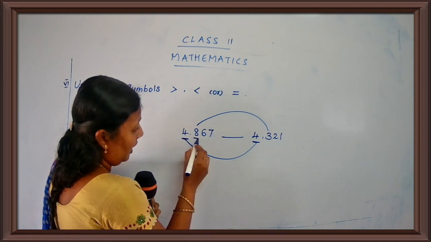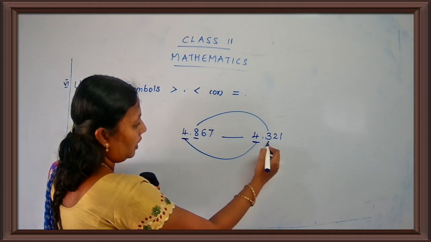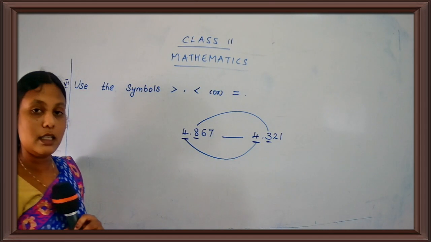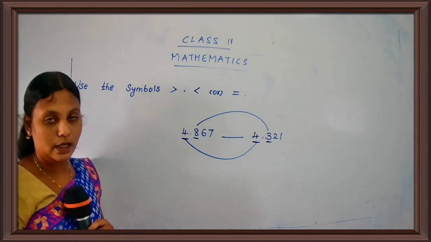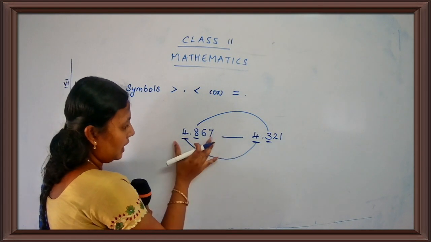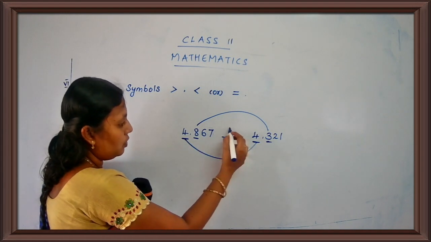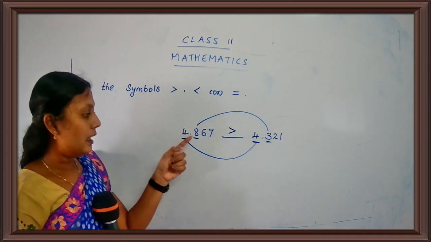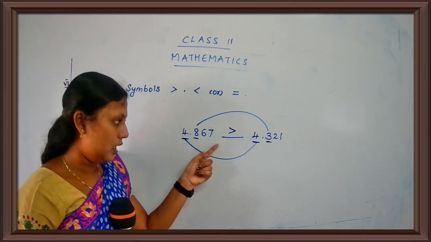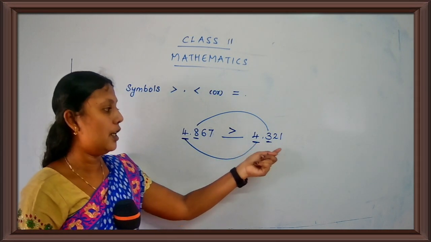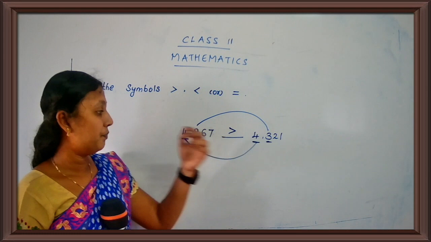How many 100s? 800. Here how many 100s? 300. Is 800 the greater number or is 300 the greater number? 800 is the greater number. Okay, so which symbol? The left side number is the biggest number, so we have to use greater than. How do you read this one? 4867 is greater than 4321. Okay,